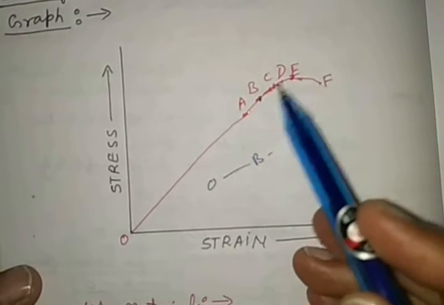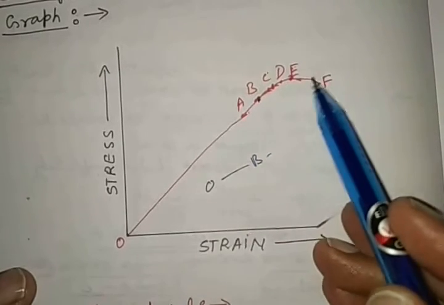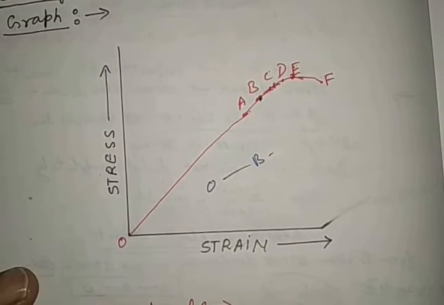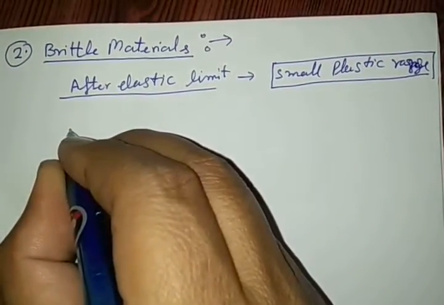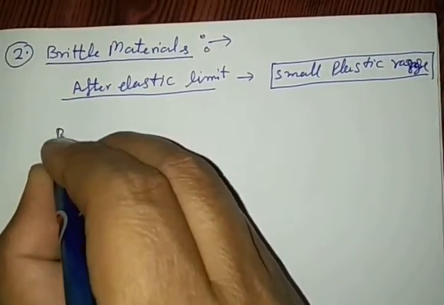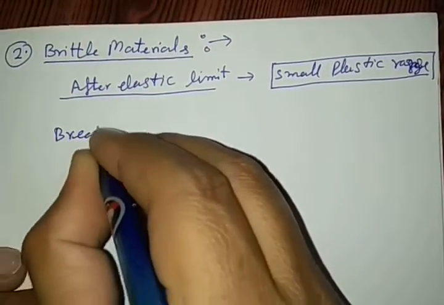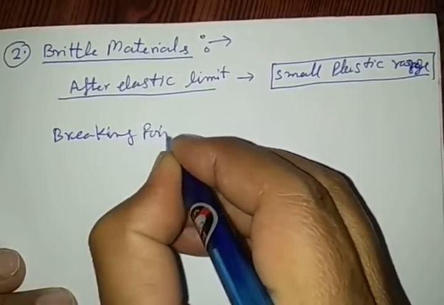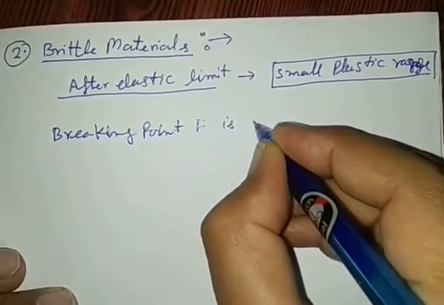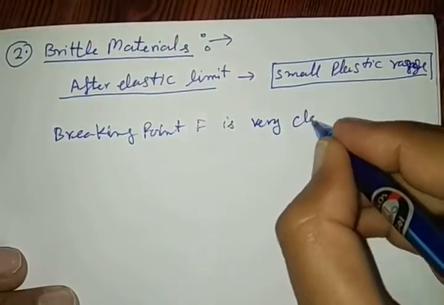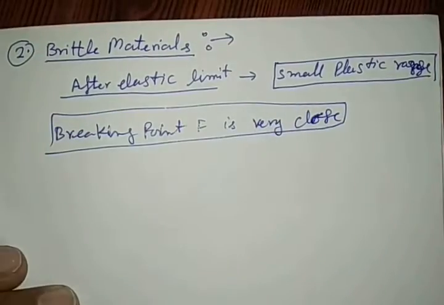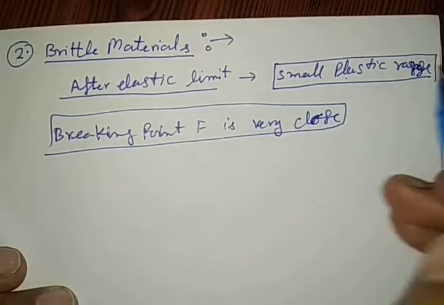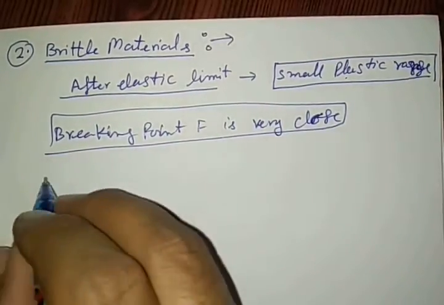It can be seen here. After all, this region is very small in comparison to the first diagram. This means in the plastic region, the breaking point F is very close. If the breaking point is very close and there is a small plastic range, then such materials cannot be used